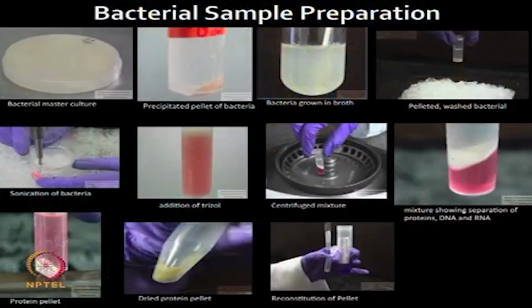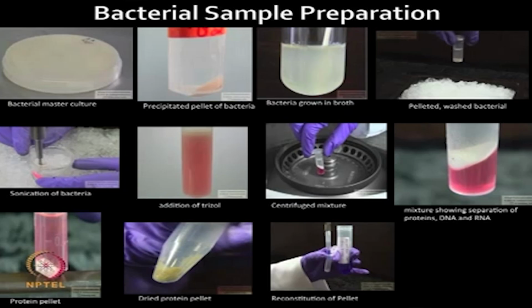So, now I am giving you a pictorial overview of bacterial sample preparation. First, you need to inoculate a culture. After obtaining the right colonies, you need to grow the culture and obtain the bacterial pellets. Then you need to wash the bacterial pellet and sonicate it in the preferred lysis buffers. Then you add Trizol. We are showing you one protocol which is efficient for performing bacterial proteome analysis, but there are different protein extraction methods available for